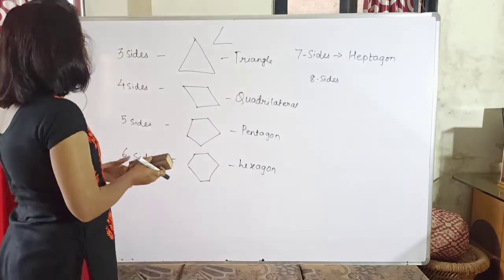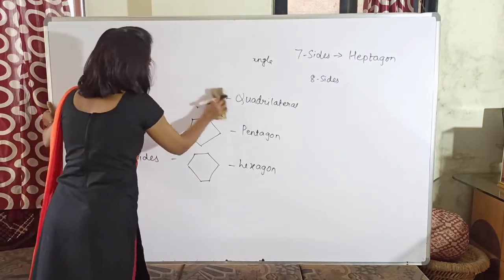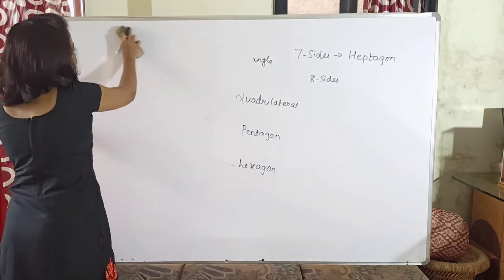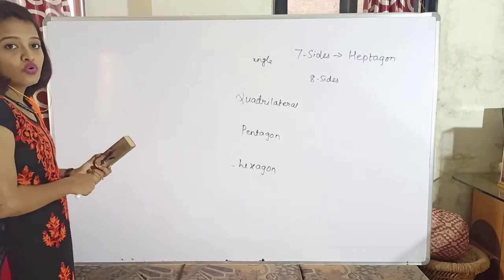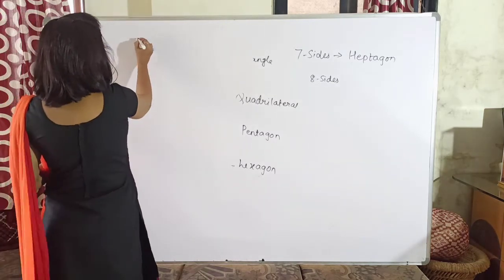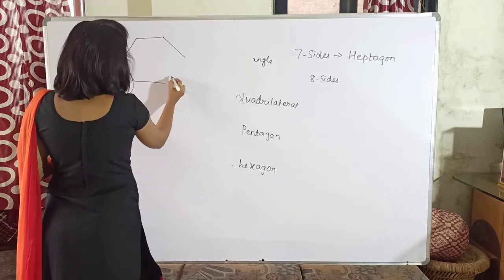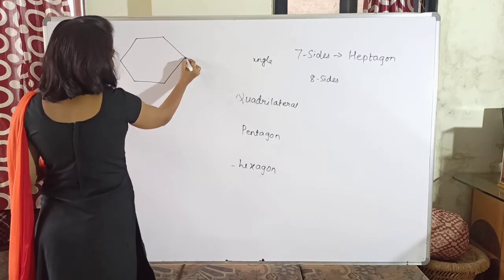Okay. So now the next definition is of a diagonal. Now what is a diagonal? If you have to put it in a statement, what you call a diagonal is a line segment which is joining two non-consecutive vertices. Now everybody knows what a vertex is. A vertex is where two lines meet.